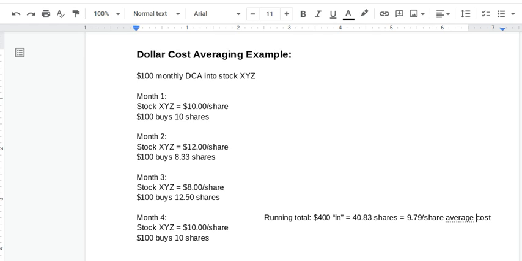So this is kind of interesting, right? What happened was you picked up almost a full share of extra stock because you made an average investment at prices that were below where you began. So it was this purchase here at $8 a share where you picked up some extra shares. And then, of course, when the stock ticked up to $12, you bought a few fewer shares. What this does is actually produce some benefit, although it's small, right? But in a matter of months, you picked up almost a free share and got your average cost to be a little bit lower than it otherwise would be had you, for example, just put the $400 all in